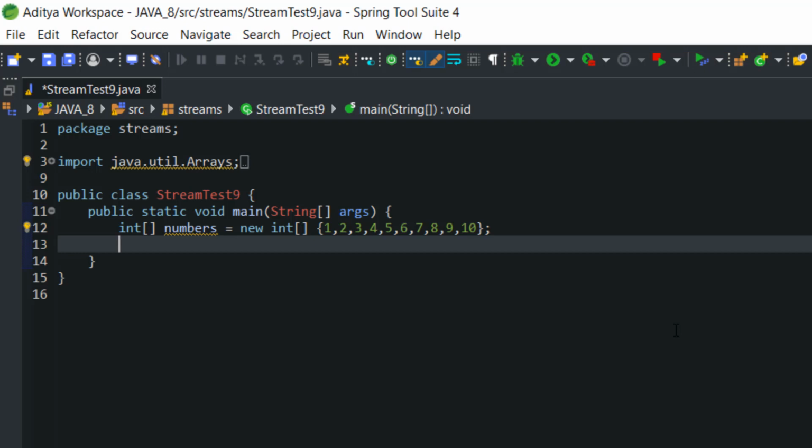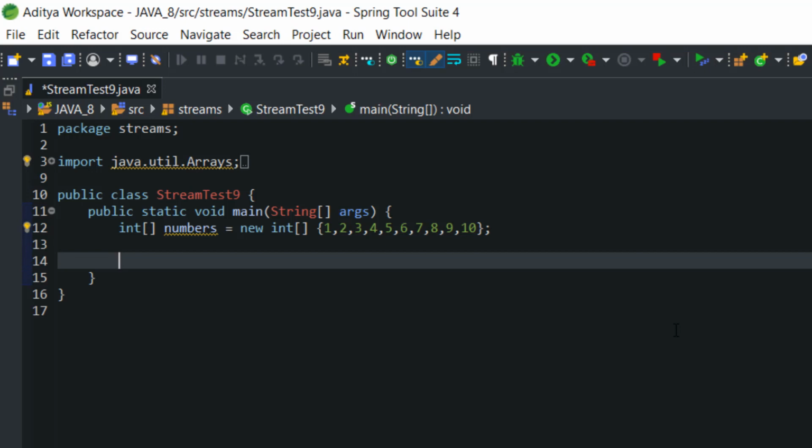Now what I have done here is I have taken an int array in which I have stored the numbers 1 to 10. Now with the help of the IntStream class, I will try to acquire some data, or you can say some required information according to my need. In the previous videos we said that to use any type of stream method, first of all I have to convert the collection data to a stream. The same thing I am going to do here. To use int primitive data, I first have to convert this array to an IntStream.